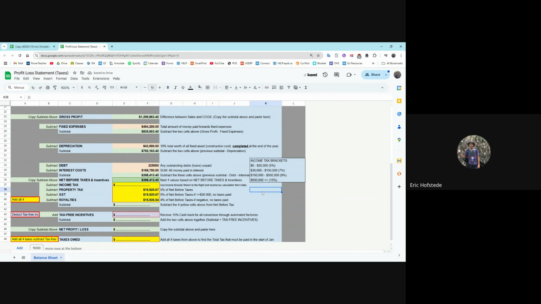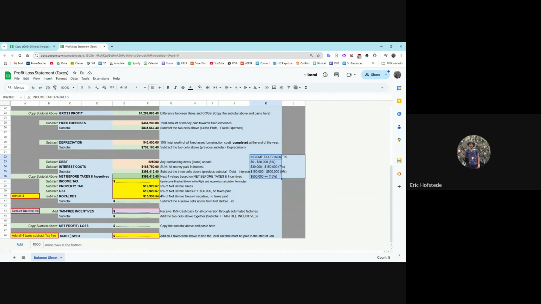The next one is a bit tricky. I'll try to show you maybe over here. No, it's not going to work. Nice. We're going to use these income tax brackets to calculate how much income tax we pay using a similar